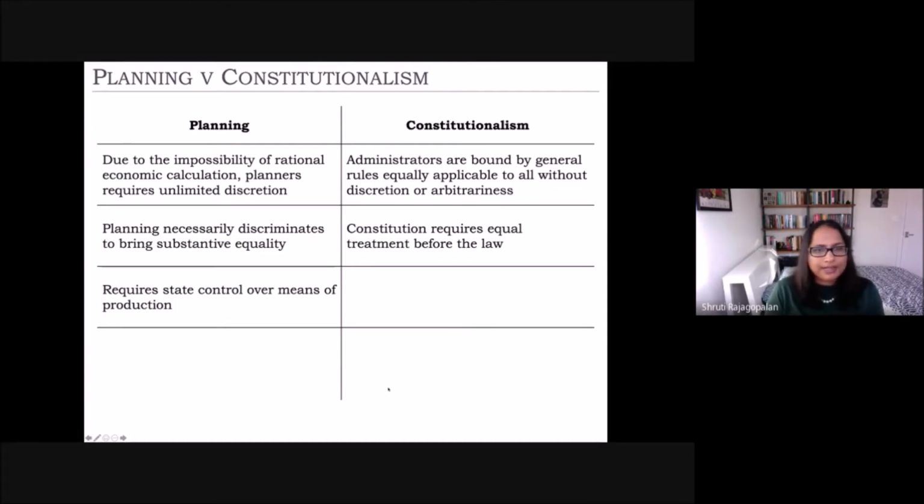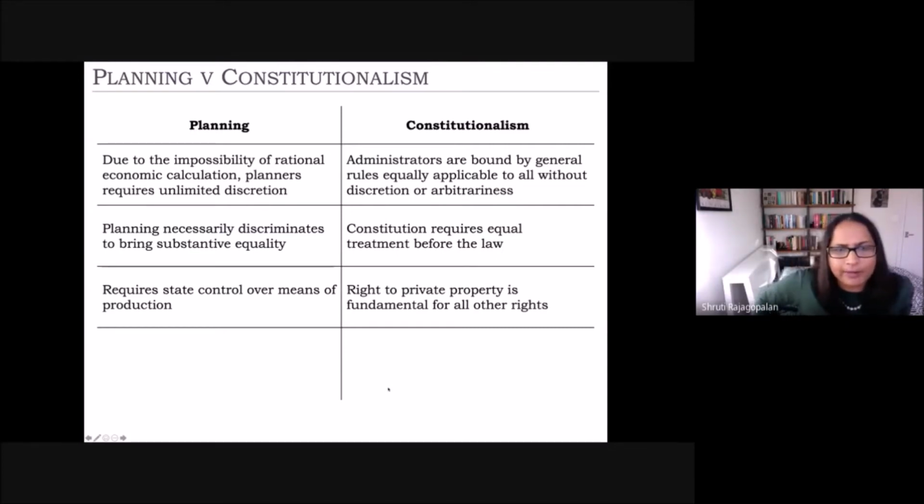Planning requires that the state controls the means of production, right? Constitutionalism requires the right to private property because it's fundamental to all other rights. I'll give you an example of the right to private property being fundamental to all other rights. Now, imagine a world where there is no private property, where the government owns everything or can acquire anything willy-nilly,